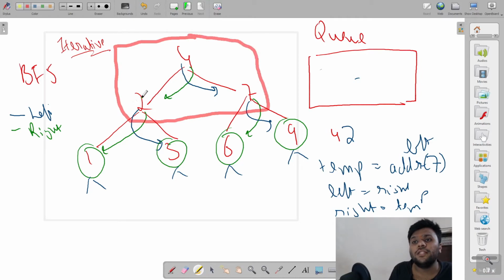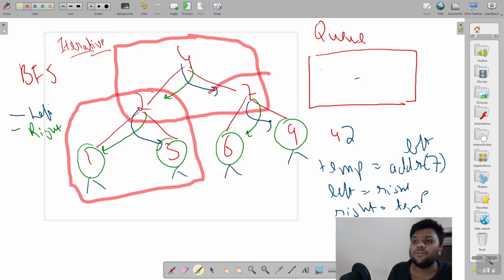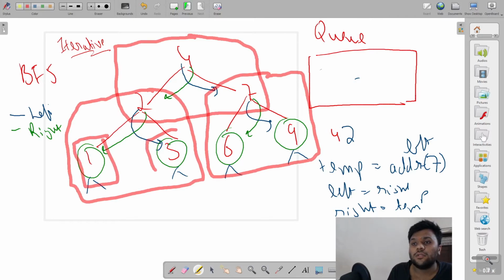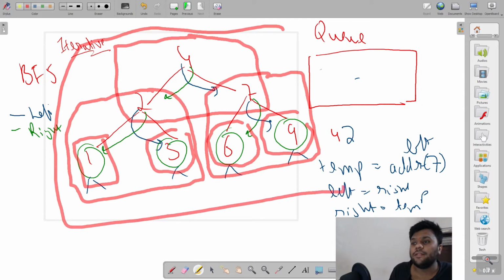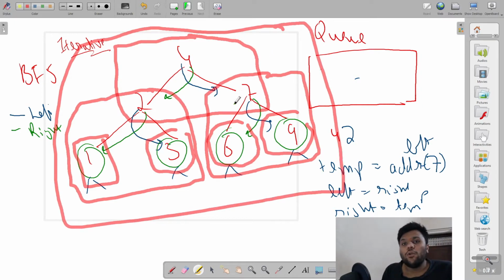After doing this, I swapped these nodes, my mistake, and then I swapped these nodes, and finally my whole tree is inverted. Now you will ask, what's the difference? It is going level by level. First we work on this level, then this level, then this level. So you see, we are going level by level.